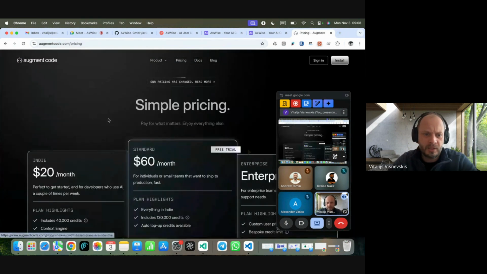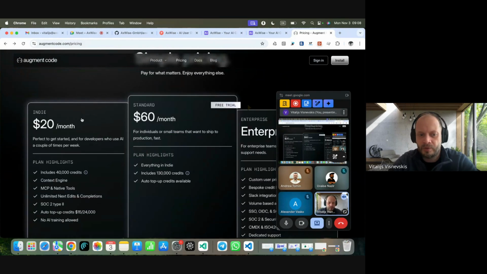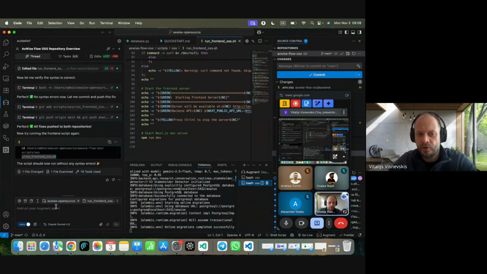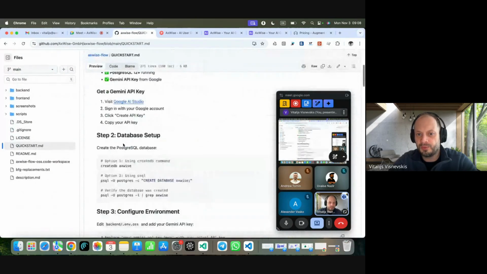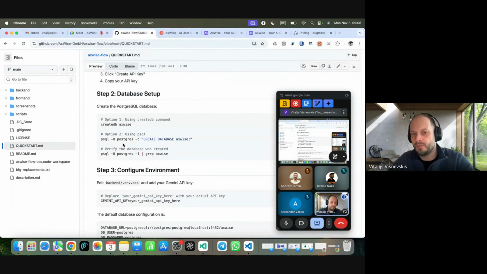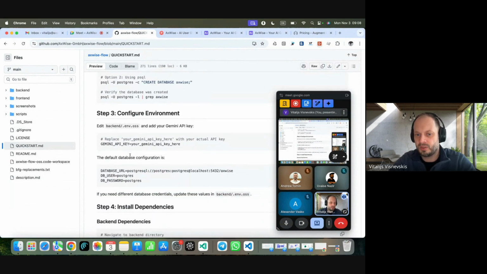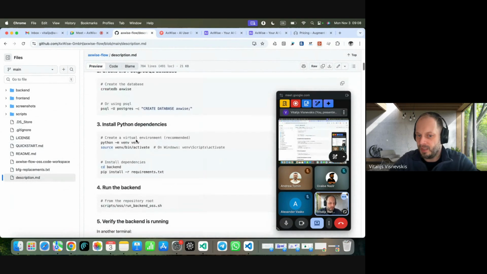To clone it to your environment, I actually recommend Augment Code. I think it doesn't have a free version now. You can use Cursor or anything else and just write in your agent chat, install this one, and it will follow all the things in the repository, because the repository has a quick start guide that will guide your LLM to create a database, get a Gemini API key, and so on. It will tell you if something is wrong, go to the file, and ensure that everything is fine. Any questions thus far?